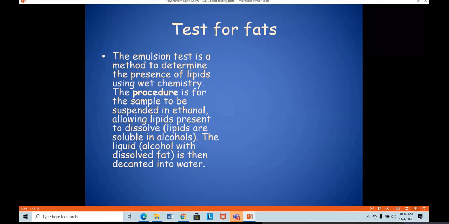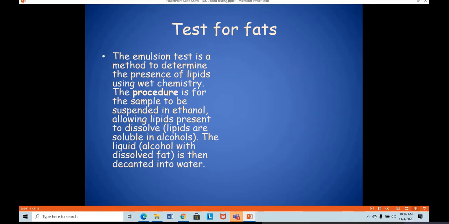You may also check in your textbook. Do we have it? Yeah. So on page number 45, you have the testing food for fats. Can you see it, ladies? So you can see this picture of a test tube which shows a positive result for the emulsion test. Emulsion is basically submersion into water. Okay, meaning emulsion of the fat droplets in the ethanol or water mixture is clearly shown.